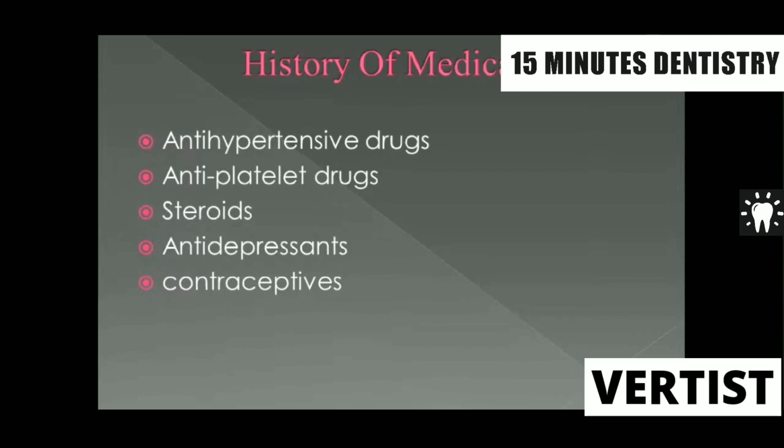And contraceptives, yes. With a female of childbearing age, a married female, contraceptive use should be inquired about. Otherwise, most of the time, because of contraceptives, there will be bleeding tendencies or other complications. Or maybe the patient is taking contraceptives and you prescribe an antibiotic, then there may be a chance of conception. That's the reason such patients should be warned that the effect of these contraceptives is going to be nullified if you are prescribing antibiotics. So these are the things you should remember when you are taking the history of medication.